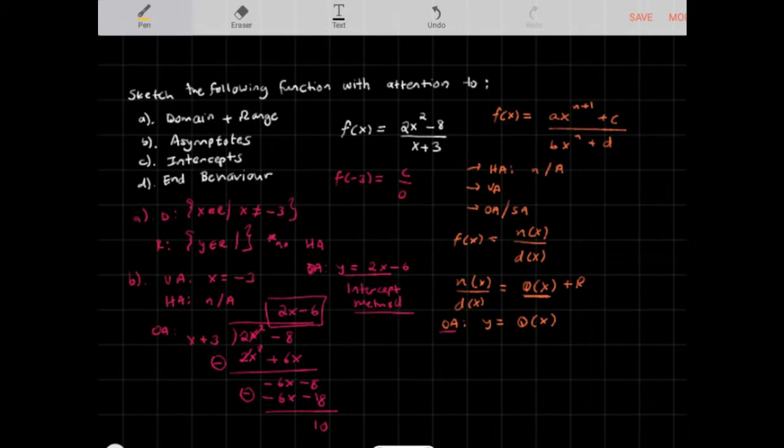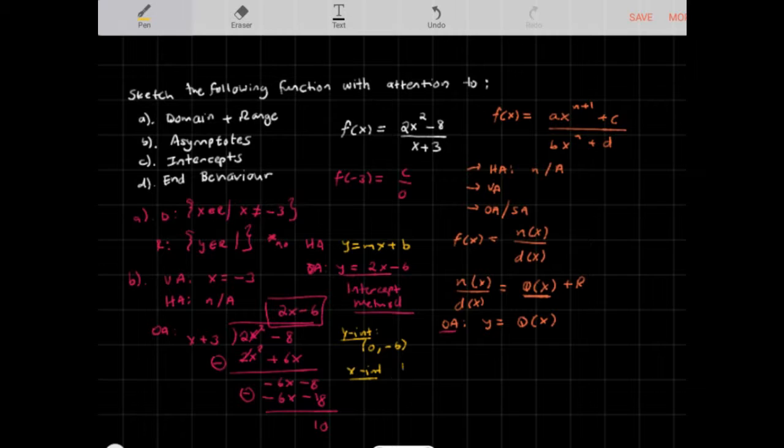Okay, so if I wanted to find the intercepts of this oblique asymptote, which is basically a linear function, mx plus b, right? So it's going to be a line. The idea here is that if you're using the intercept method, the y-intercept here is 0 and -6. The x-intercept